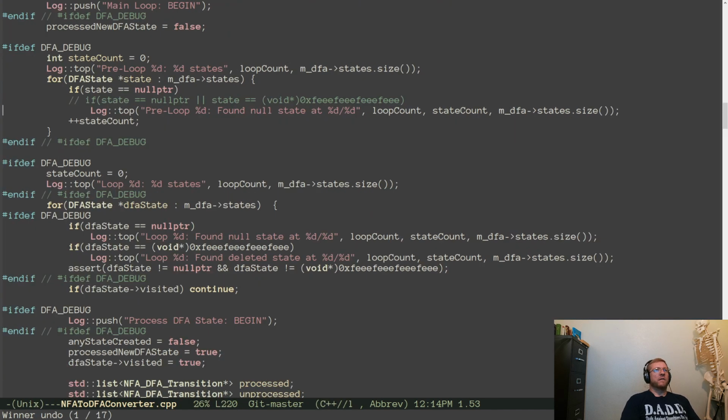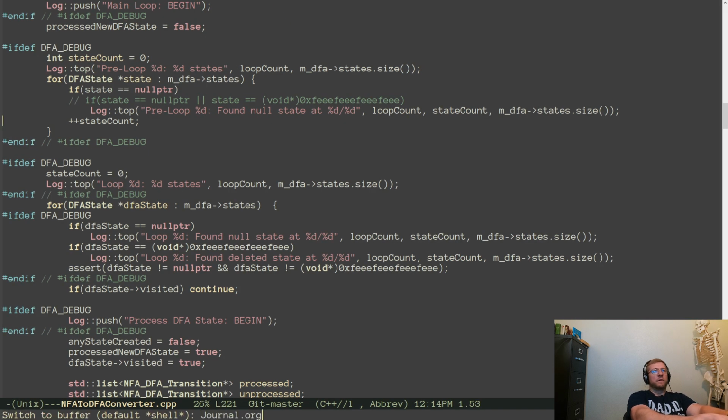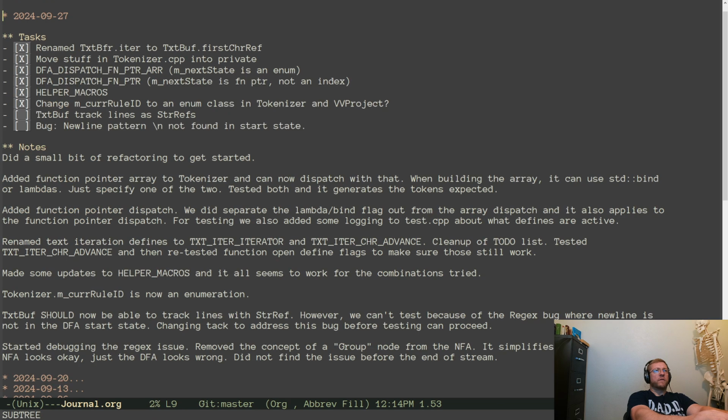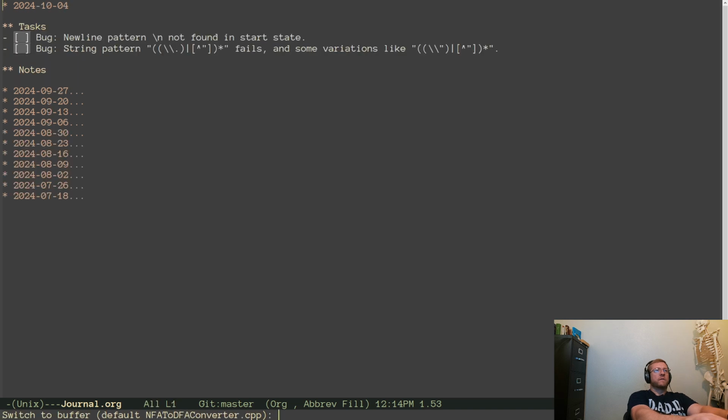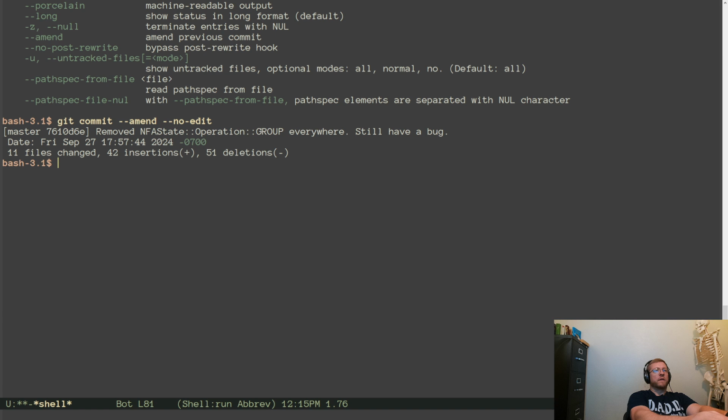I may have, oh, it didn't break, so that's good. I think I specified a command. Okay. So what we're looking for is to run source builds debug VV on the project.